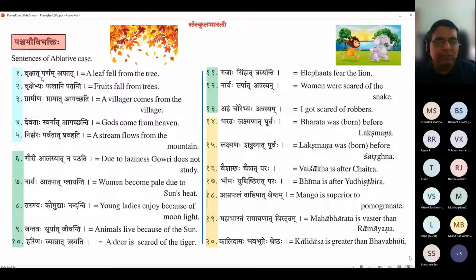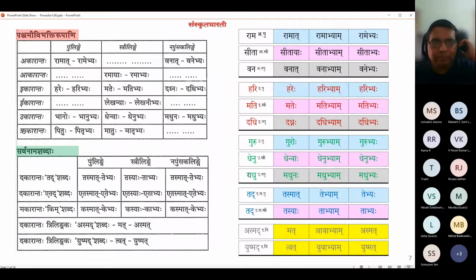So we saw three cases: source of an object, source of some action, cause of an action, and the last case is the reference point of a comparison of two. Beautiful. So now, thanks Bhagini, well read. Now we try to understand the forms. Like I have told earlier, memorizing only Panchami in tidbit pieces is not a useful practice, but they have tabulated this for us to help us. But here I have a slightly easier reading.